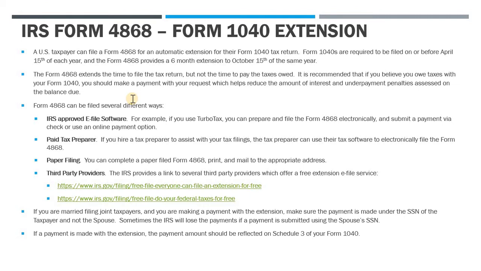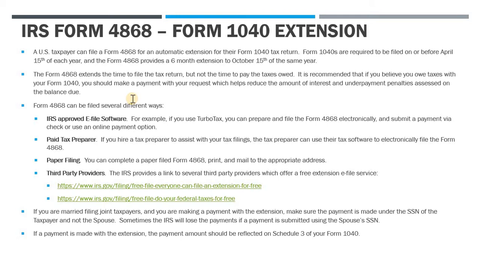So, like I said, U.S. taxpayers can file this form to get an automatic extension. That means if you apply for this extension via Form 4868, the IRS has to approve it. Okay, so it's an automatic extension in that regard, and you don't have to get confirmation back from the IRS that they approve your extension request. So April 15th is the standard deadline. If you file this, it gives you another 6 months up to October 15th of the same year